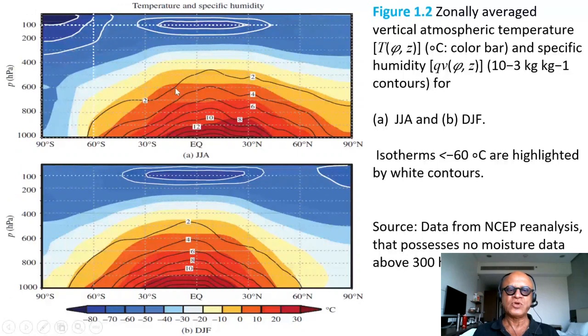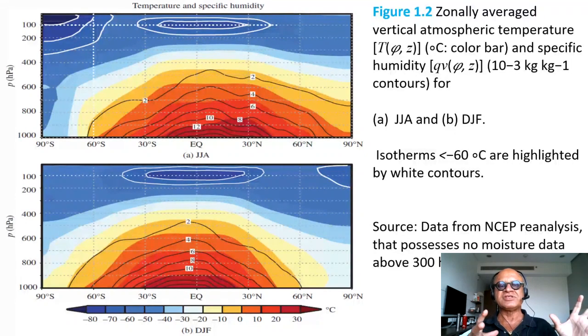These data are produced from what are called reanalysis, in this case the NOAA National Centers for Environmental Prediction reanalysis. Reanalyses are basically, in case you don't already know, the merging of observations and models. So when you go back in time, you don't always have full coverage in time and space for the various essential variables you need for studying these processes. And models are not always perfect, but there are